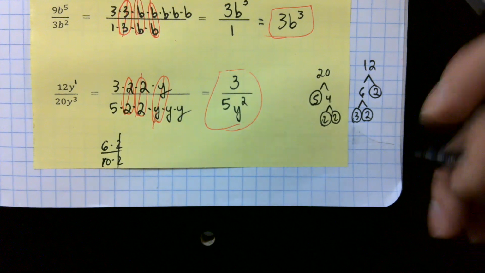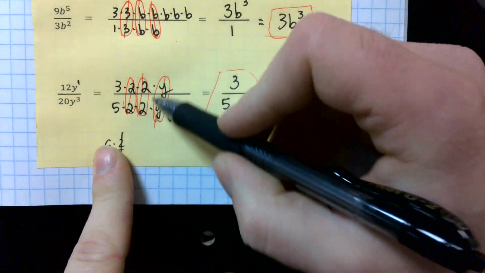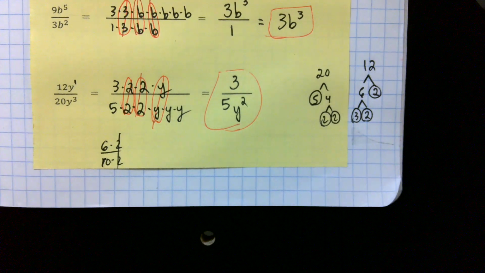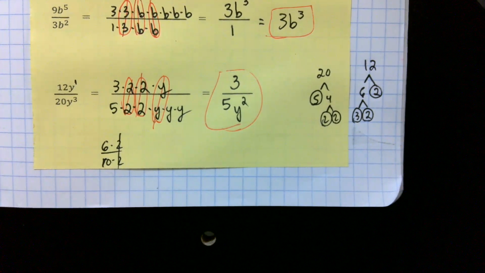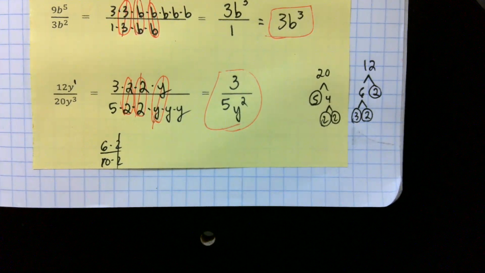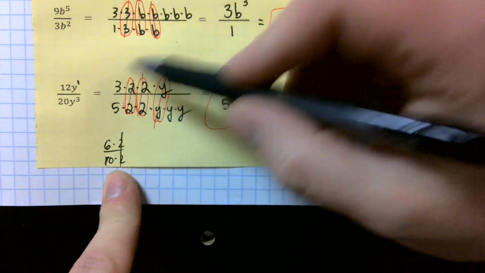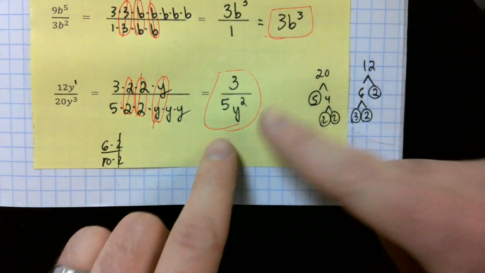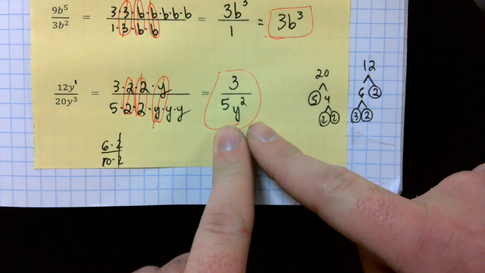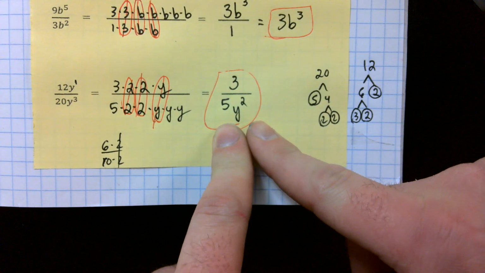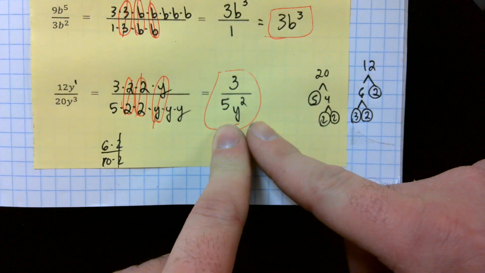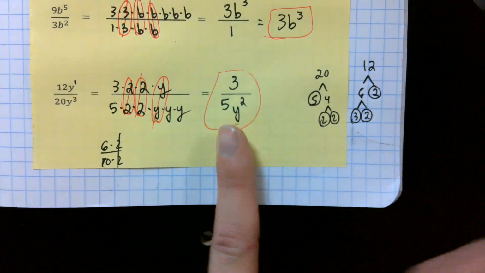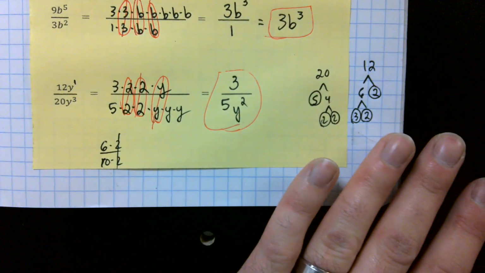So if you want to save yourself a little bit of time, break the numbers down completely. It's called prime factorization. Does that sound familiar to anyone? Break it up into its prime numbers. You're not going to have to simplify at the end because you're getting all your simplifying done when you cancel. Great question. Give me a thumbs up if that's what you got all on your own, 3 over 5y squared. If you got something different, that's okay, but does that make sense how we got 3 over 5y squared? Okay. Like I said, these fraction ones are more difficult, so they are